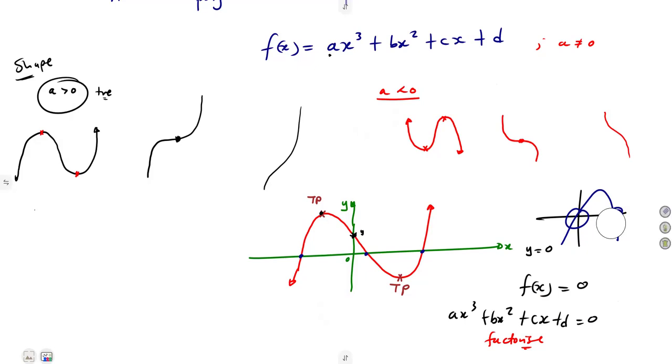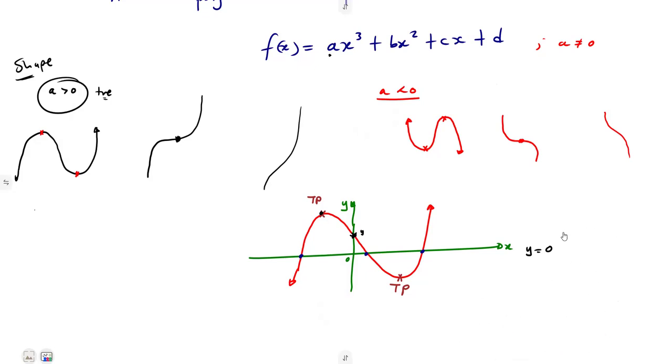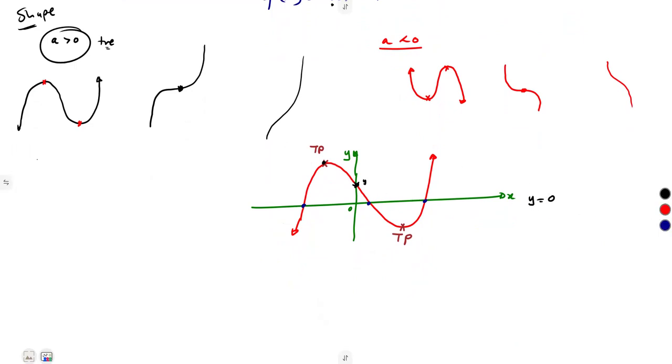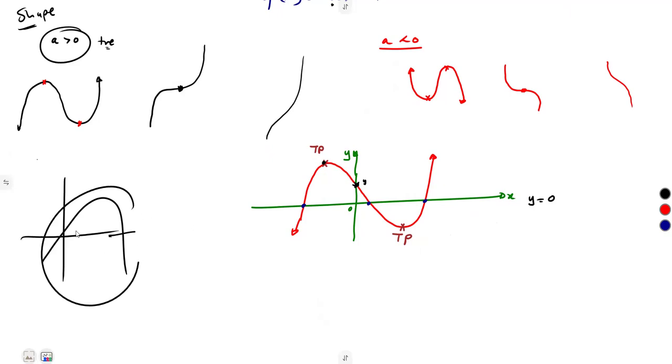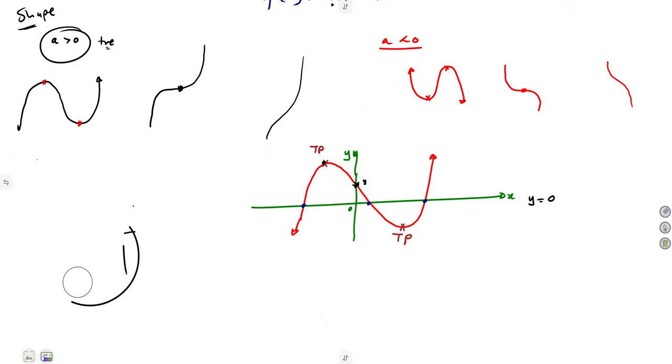We are going to talk about that in our calculations, and I'm going to list the notes like I said before. But this is the major property that you're going to have for the sketch. You are going to need the turning points, x-intercepts, the y-intercept, and there is another one to be added. We never had that on a quadratic function, which is referred to as the point of inflection. On a cubic function, there is another condition referred to as the point of inflection,